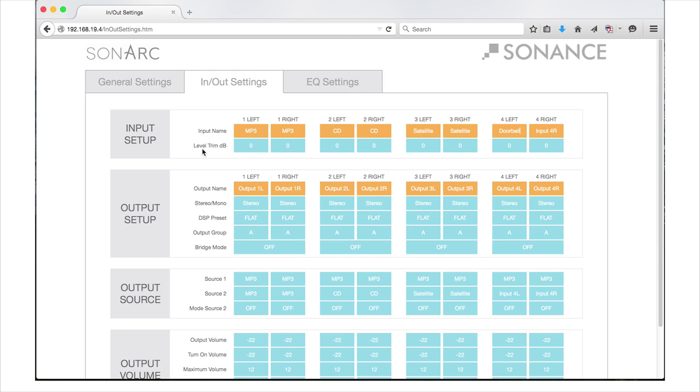Below the Input Name section, you will find the Level Trim Decibel section. This gives you the ability to level out all your inputs, so when you switch from input to input, the levels will be equal. This can eliminate any harsh transitions between sources with different output voltages. Select the pull-down menu in each channel to adjust the level trim between plus or minus 6 dB in increments